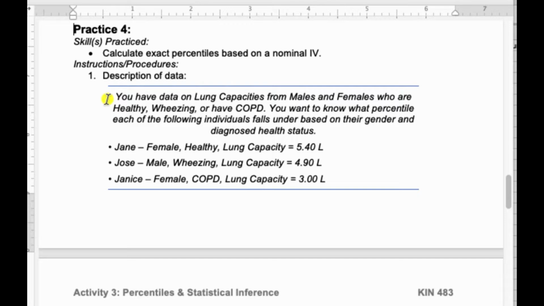So in this data set, we have collected data on lung capacities for males and females who are healthy, wheezing, or have COPD. So already we know that healthy people would be on one end of our distribution in terms of their lung capacity being higher, and COPD, or limited or obstructive pulmonary or lung capacity, would be on the lower end of our distribution, with lower values of lung capacity in liters. What we want to know is what percentile each of these following individuals falls under based on their gender